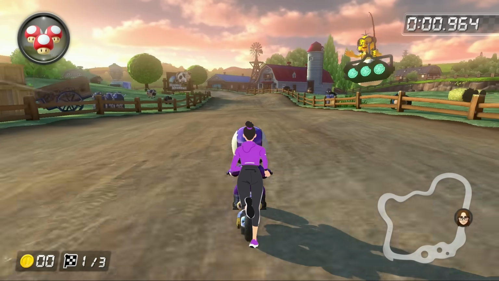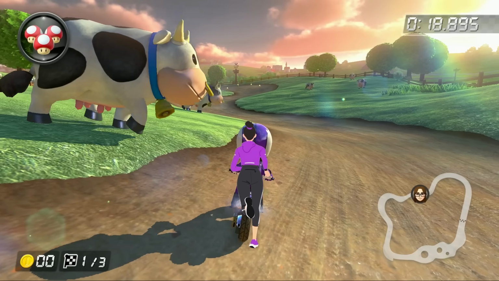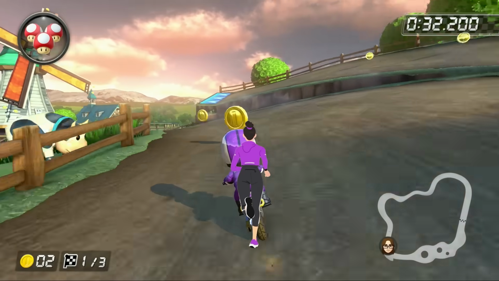I mean, Moo Moo Meadows is a great start. Easy dirt roads made for jogging. We of course stop for a bit to pet some cows, and then we go along our merry way. We go around the ramp because once again, that would just be an inhibitor to a human runner,